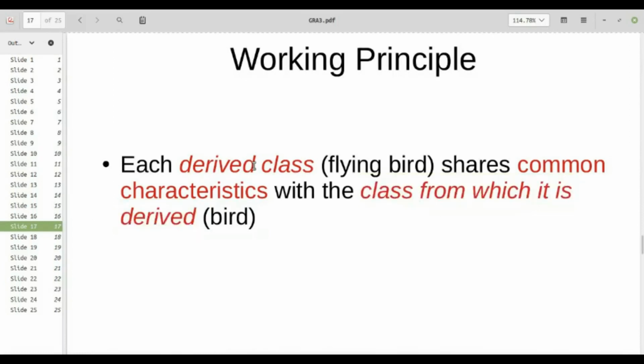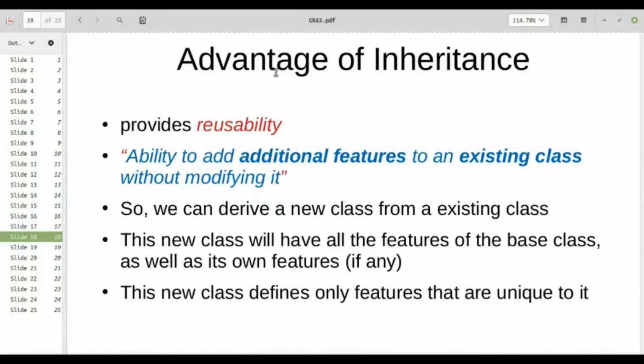In the same way, we can visualize that classes can also gain properties, some common characteristics from their parent class. So this sort of a hierarchical classification. So this is nothing but a hierarchy, right? One comes to another, that comes to another. That is nothing but a top-down hierarchical approach. So this sort of a hierarchy is also possible when we are working with the concept of classes. So what is the advantage of inheritance? I mean, as a concept we have understood, but what is its advantage? It does nothing but provide reusability. It provides us reusability. So we have the ability to add additional features to an existing class without modifying it.